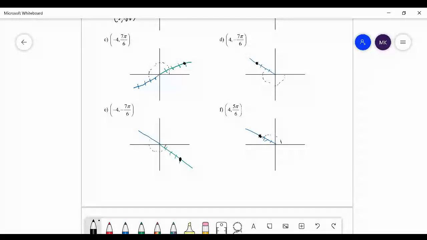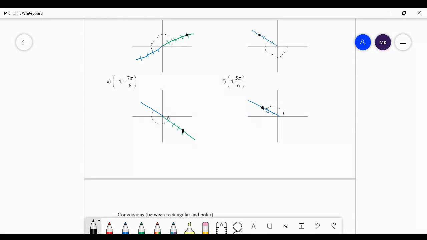So if two angles are collinear and they have the same r value, those are going to be the same points. But even more than that, we could have negative angles and positive angles. We could have two positive angles, but we could have a negative r value that would make us all the same. And so there's a lot of ways. So we can actually make a set of equal points here. We can see that the point 4, 5 pi over 6 is equal to the point 4, negative 7 pi over 6, which is actually equal to the point negative 4, negative